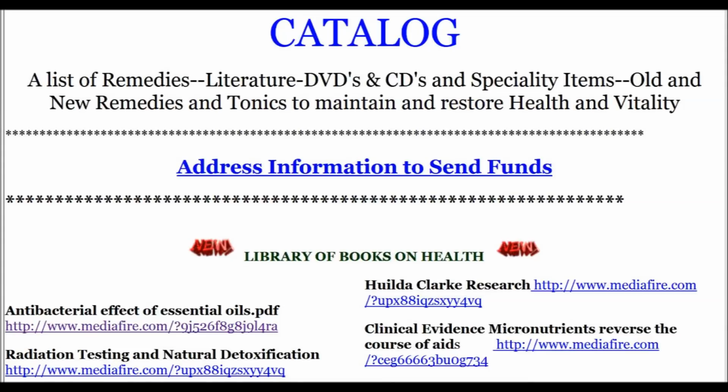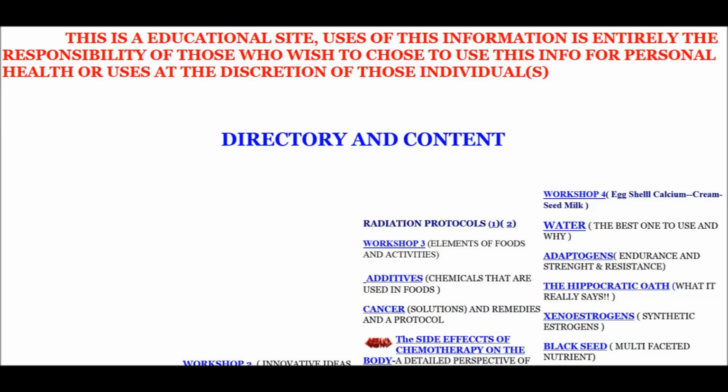Now here, under catalog, you'll see this library of books on health. Essentially, Tony's website is a database. It's a database with all of his research, and it basically stores everything. You think his website's scary? You should see the database he's created. Now, he has also a directory of the content, and